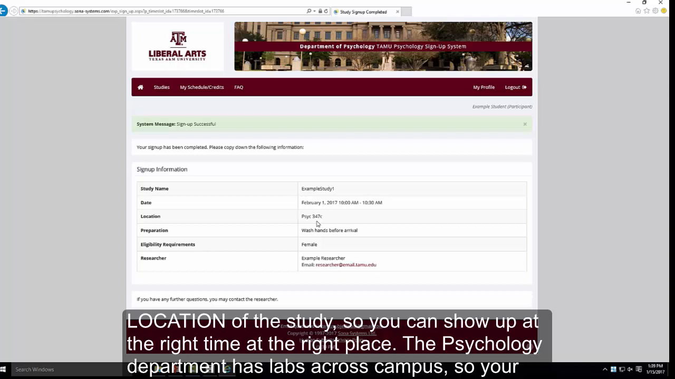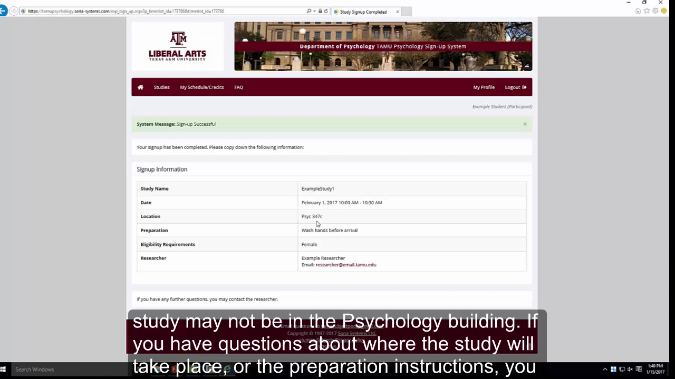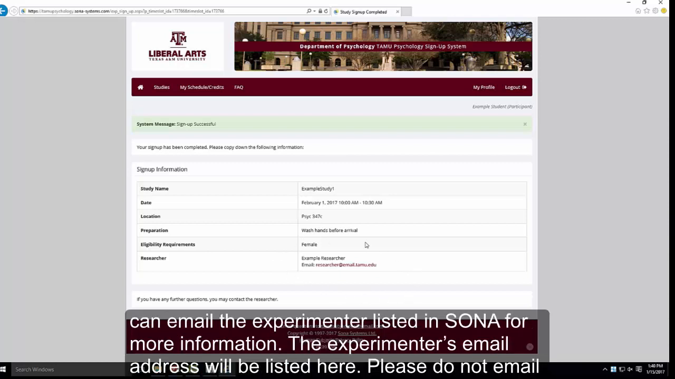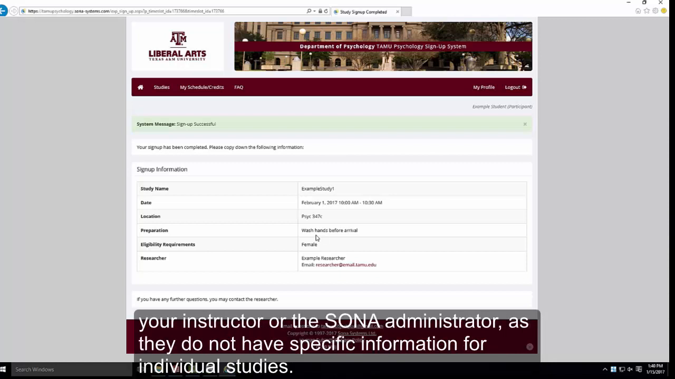The psychology department has labs across campus, so your study may not be in the psychology building. If you have questions about where the study will take place or the preparation instructions, you can email the experimenter listed in Sona here for more information. The experimenter's address is listed within Sona, and you'd be able to look it up later as well if you need to. Please do not email your instructor or the Sona coordinator or administrator, as they do not have specific